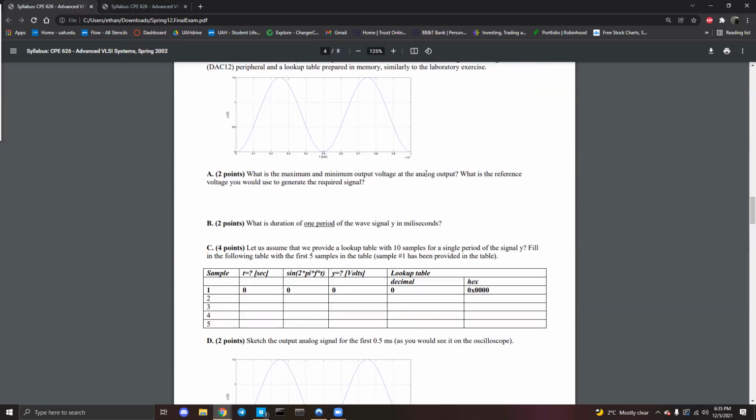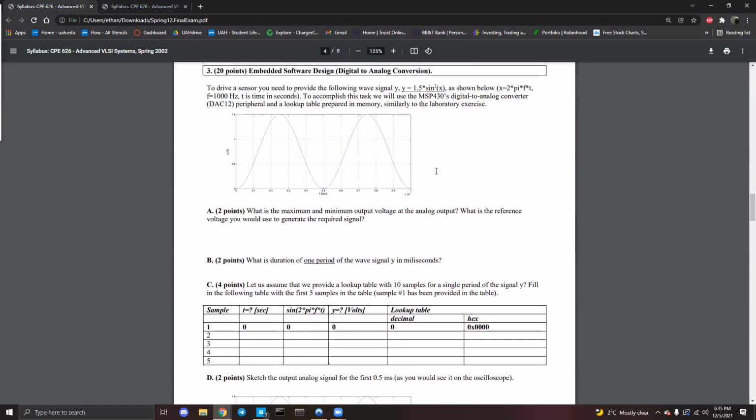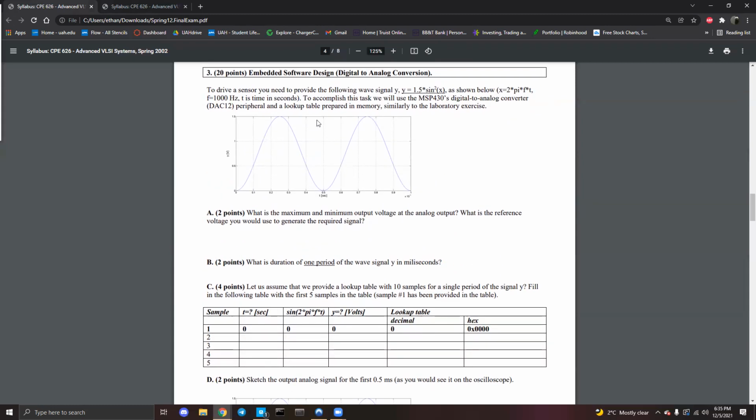So it says, what's the maximum and minimum output voltage of the input? Now, he mentioned that you'll be given these figures most of the time, but they're not inherently helpful, right? They might be wrong or something like that. So he said it's good to do the math out yourself. Even so, what's the maximum and minimum output voltage of the analog output, right? So thinking about it,